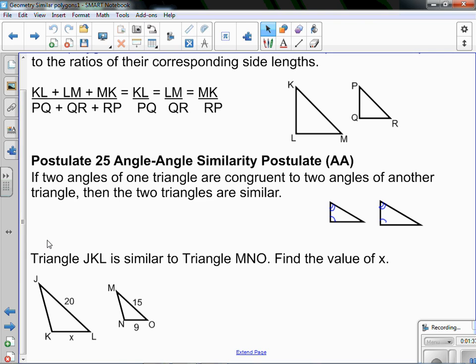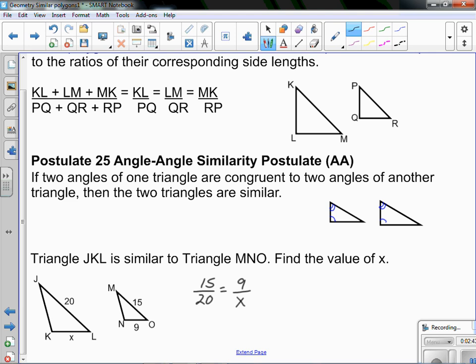In this example, triangle JKL is similar to triangle MNO. Find the value of X. It tells us that they're similar, so we know automatically that their ratios should be equal to each other. They should be proportional. So if we take the corresponding sides, you got 15 and 20 that go together. I'm going to use the proportion to solve for the missing side. MO and JL, they're corresponding sides, so we're going to set that as a ratio, 15 to 20, should be equal to a ratio made by NO and KL. So if NO is 9 and KL is X,